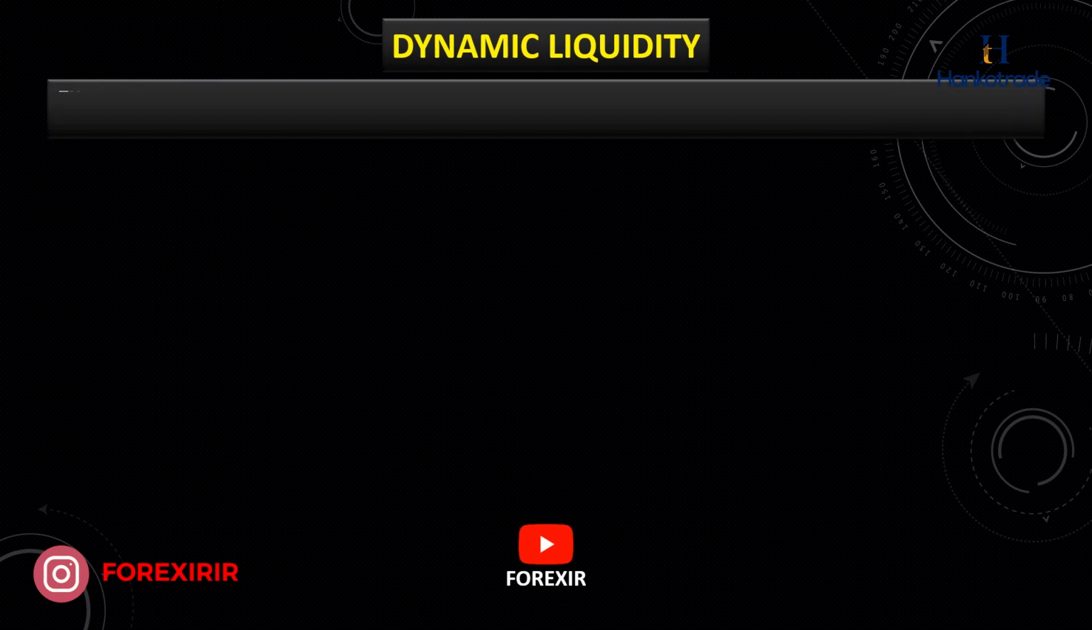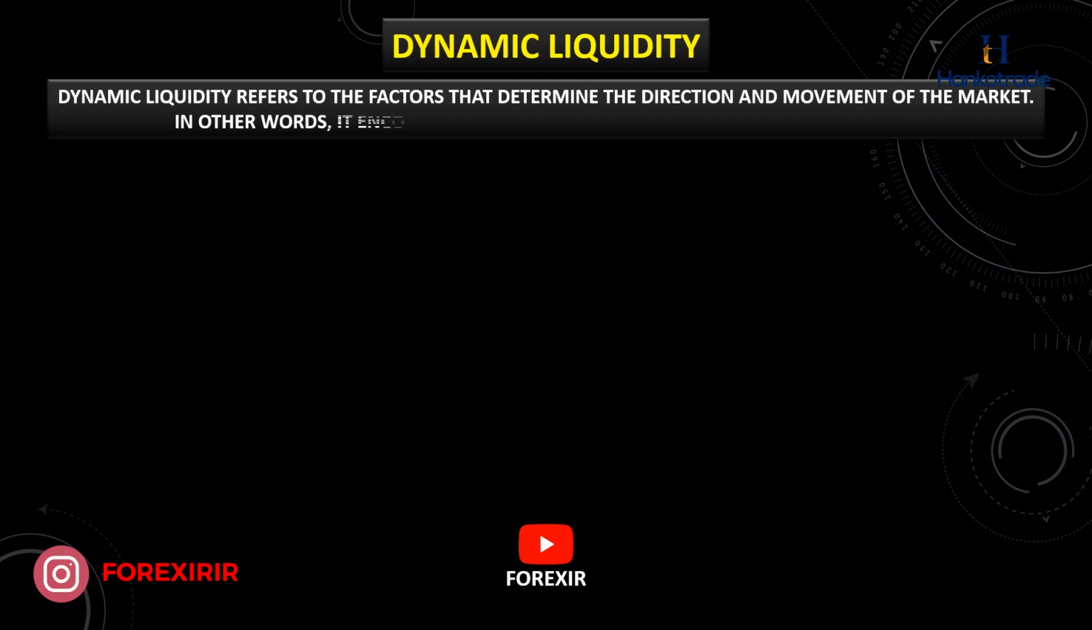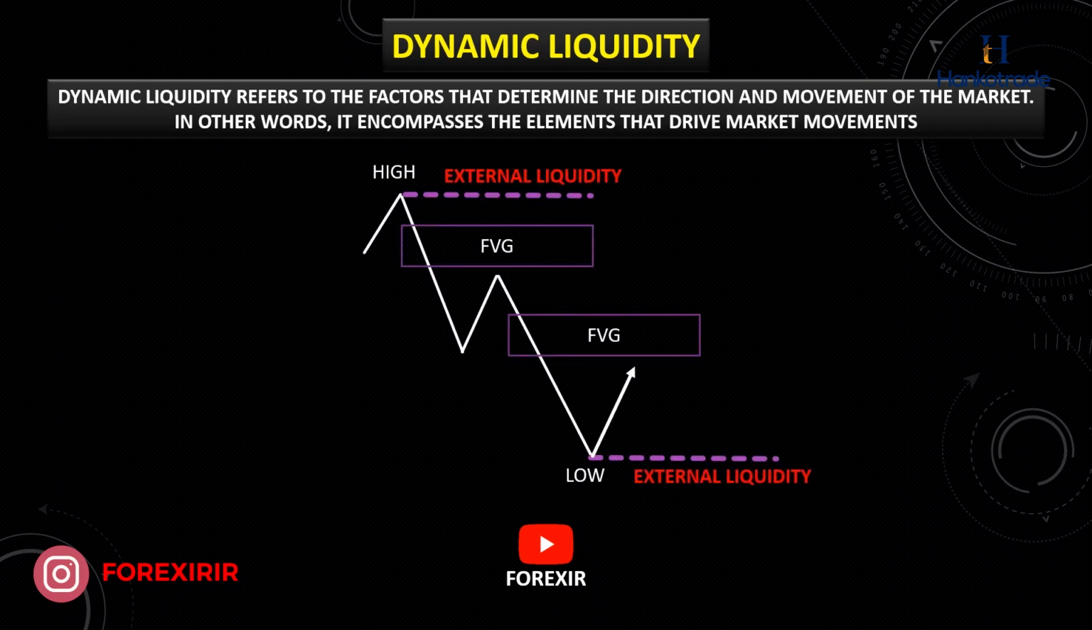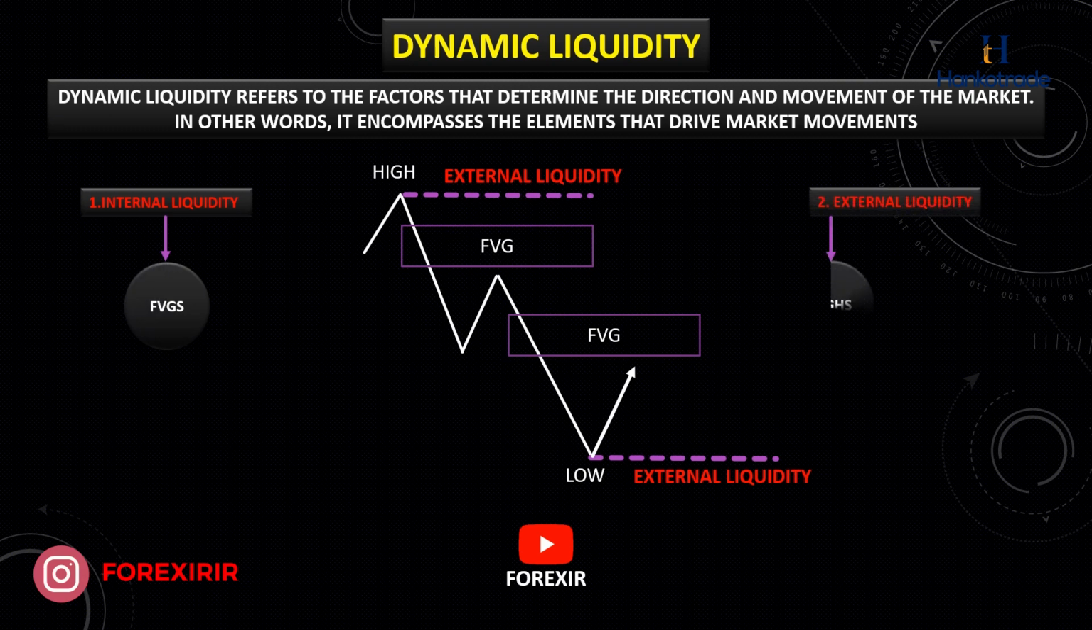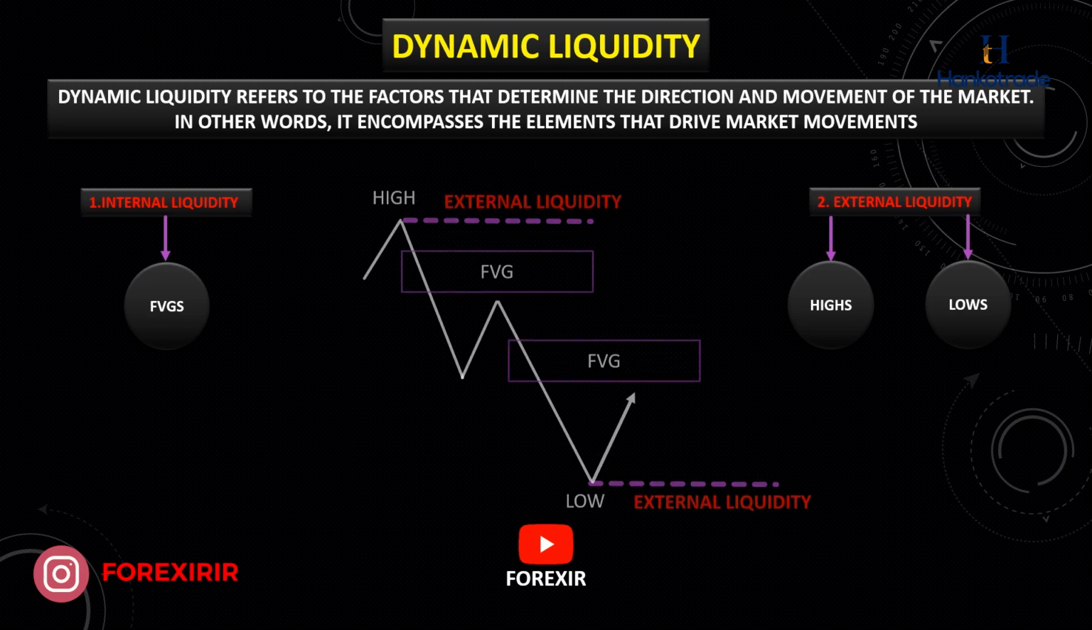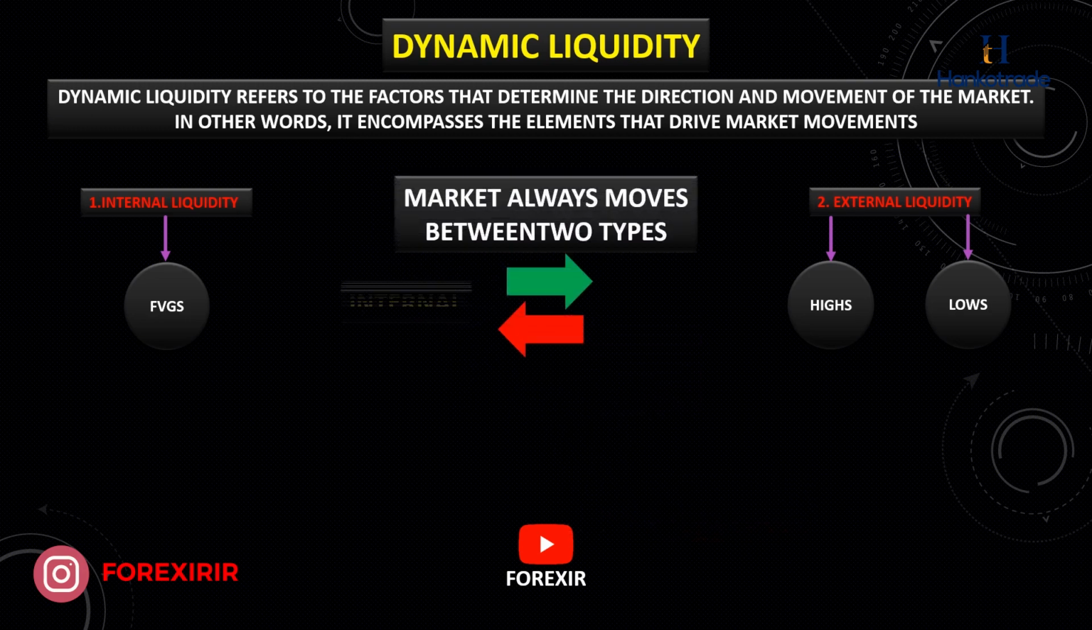As mentioned earlier, the second type of liquidity is dynamic liquidity. Dynamic liquidity refers to the factors that determine the direction and movement of the market. In other words, it encompasses the elements that drive market movements. The dynamics behind market movements can be distilled into two key factors that consistently influence price direction: internal and external factors. Price in the market always moves between two types of liquidity: internal and external. Think of it as a continuous circle, where price moves either from internal to external liquidity or from external to